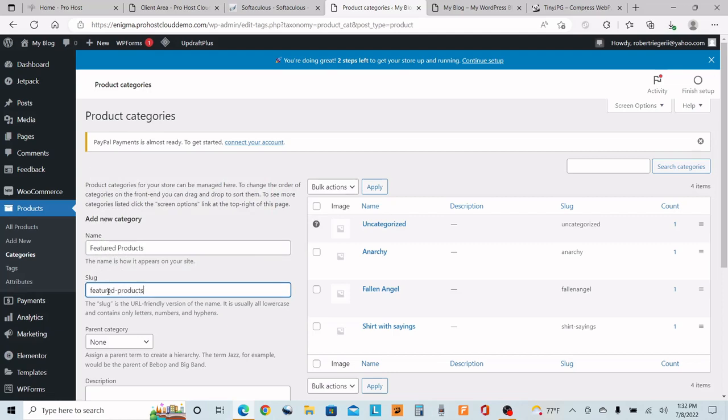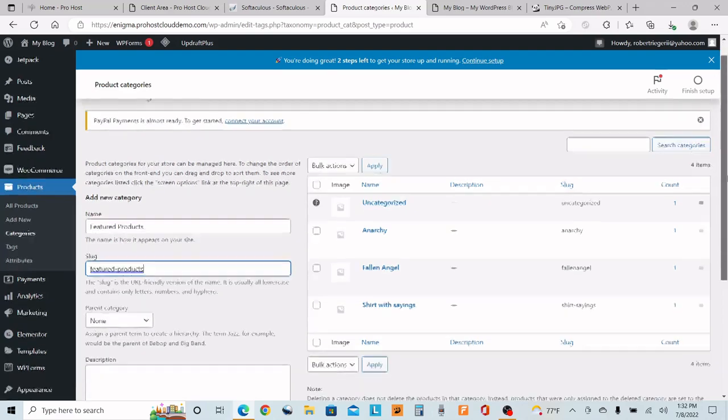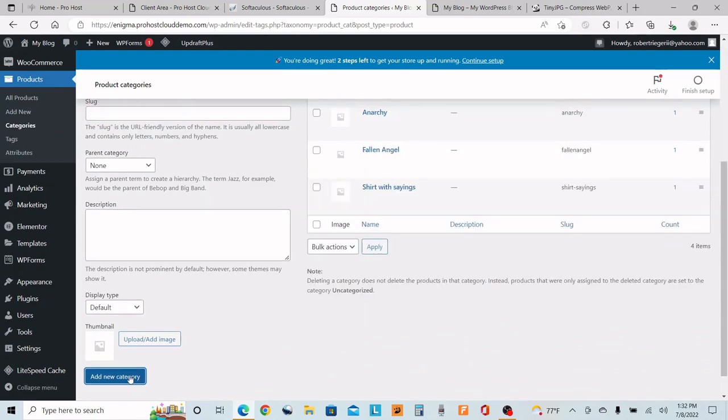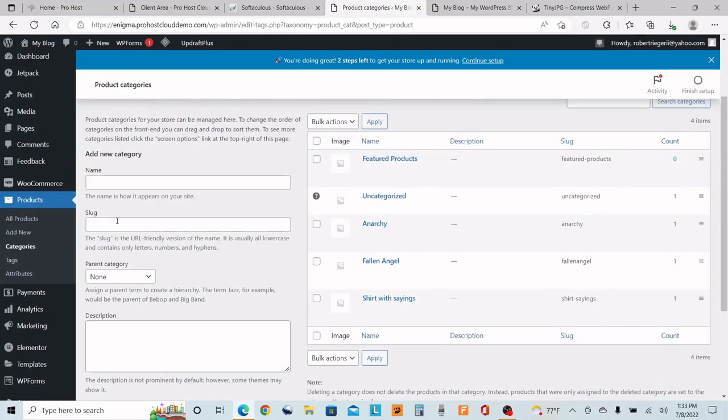Remember, whenever you're making a slug, you can't leave any gaps or anything in there. It's either going to be featured products or featured dash products. You cannot leave any gaps or any spaces in there. And then we're going to create the add new category. And then the second thing we're going to make is featured products and